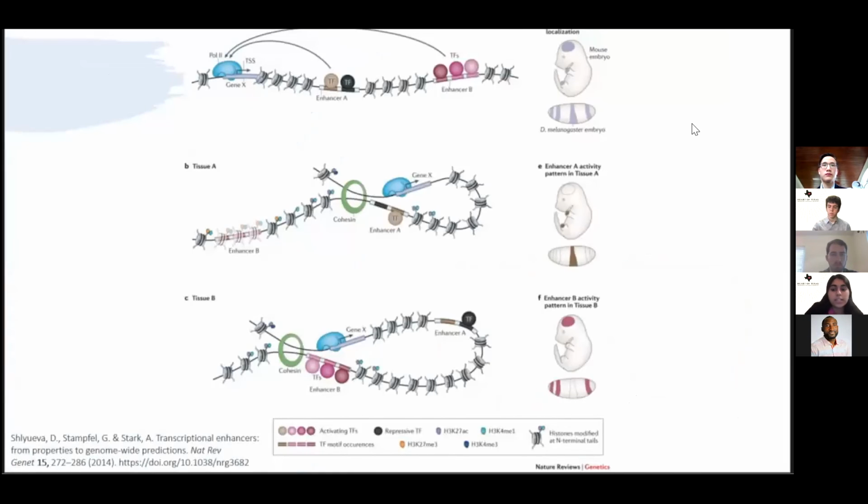In this image, we can see that the enhancers are bound by activating transcription factors and are brought into close proximity of their respective target promoters by looping, as we can see in part B. And in part C, we can see that these elements function at a distance by forming chromatin loops to bring the enhancer and the target gene closer into proximity.